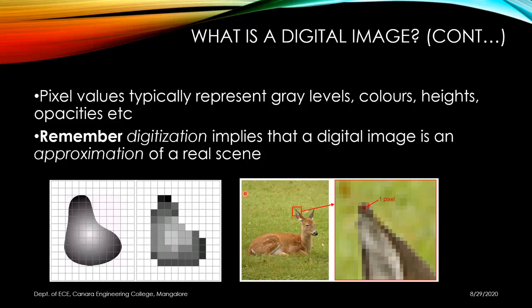For a larger pixel size like this, you can make out the square edges, but when you are given a large image like this one, and you check the overall view, you won't be able to make out the location of any pixel. It looks neat and smooth, but only when you zoom in to the last level can you see the pixels at the edges. So if you have smaller pixels or a big image size, then you won't be able to see the individual pixels.